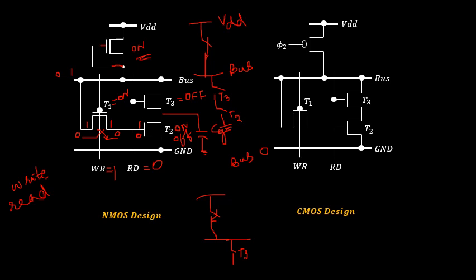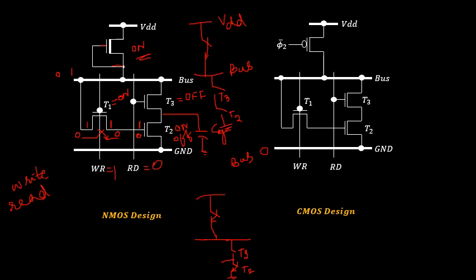Then I am having one closed switch for transistor T2. Then I am having a ground terminal. So before that, even this transistor is turned on, right? So when that particular transistor is turned on, I am having a connection from this bus. In the previous concept, I can ignore because T3 was turned off, which was depending upon this particular state, whether it is equal to 1 or 0.